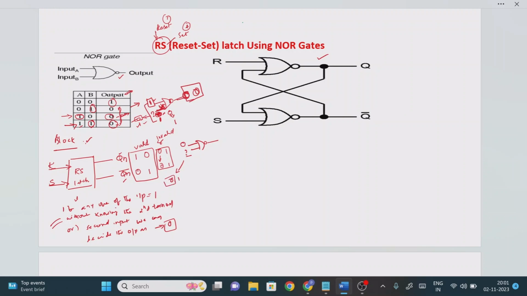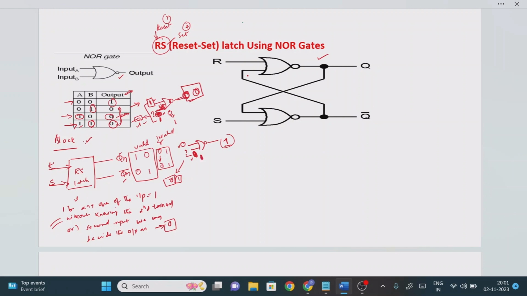So first we will consider 0. It means here I am considering 0. Now what is the first input? 0. Second input value is 0. As per the truth table, what is the value? 0 0 means 1. Okay, fine. At this time we are getting the output value equal to 1. That's okay. Next, what is the one more possibility? 1. So this unknown terminal, now this time this may be 1.